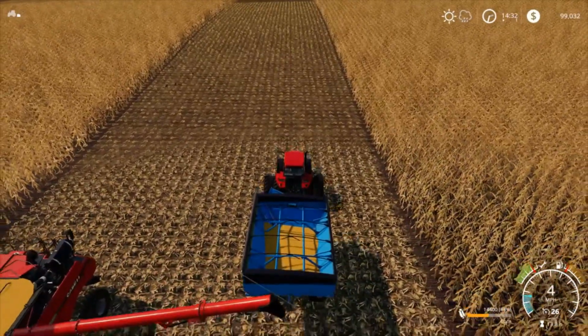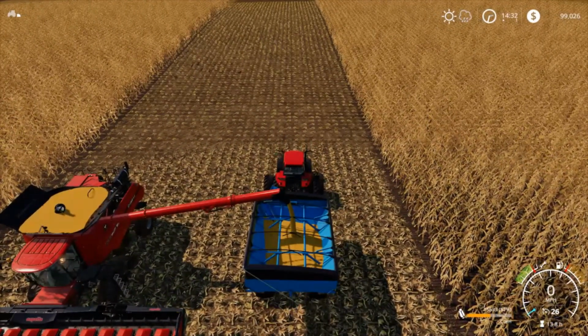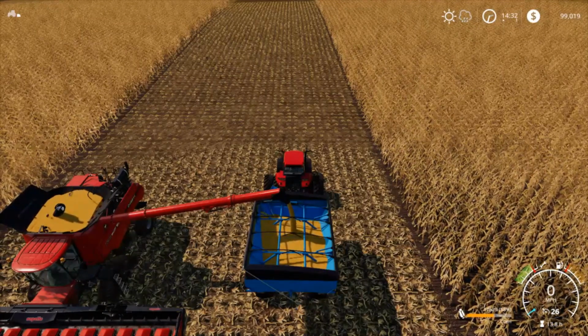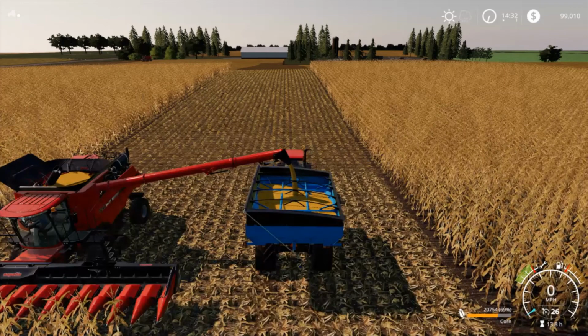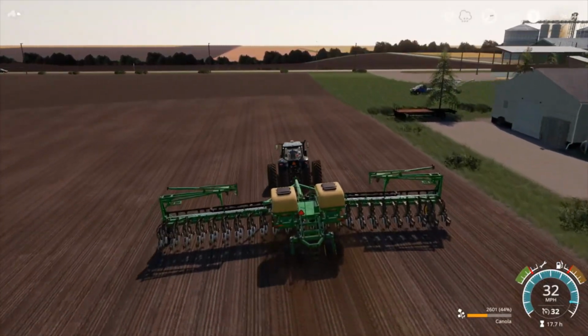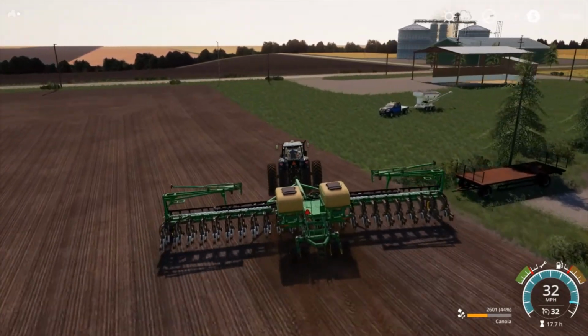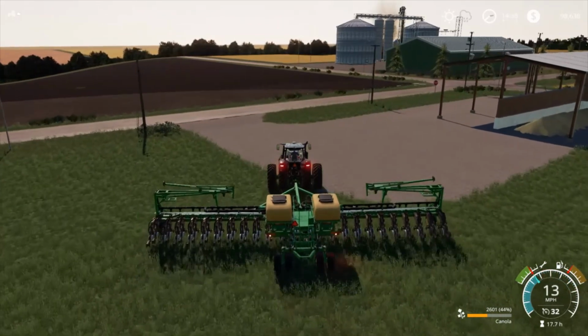Oh, working on field 1-2 right now. Trying to get it going good. We're almost done putting seed in the ground on it, and then we're going to be moving on to 4-5-19. So all right, here we are. We just finished up field 1-2, and we're getting ready to head over to field